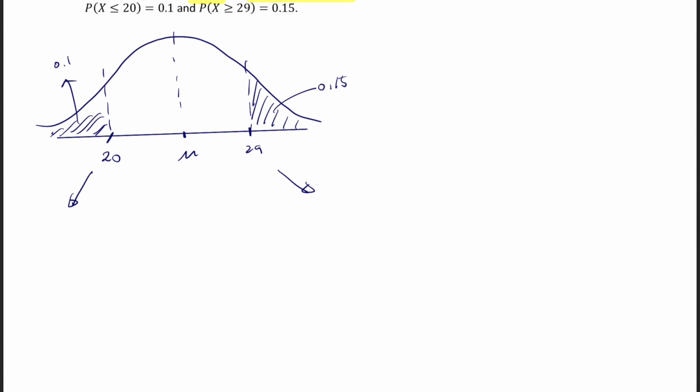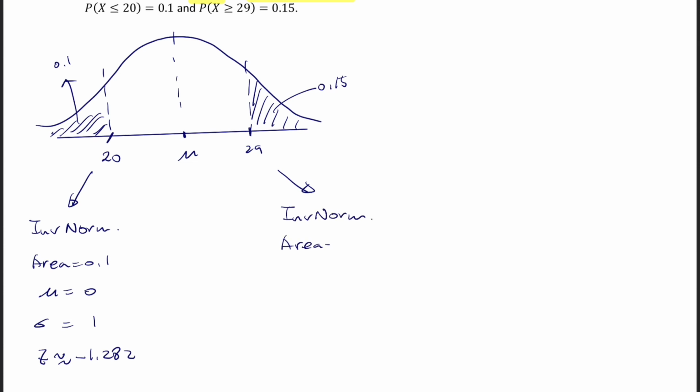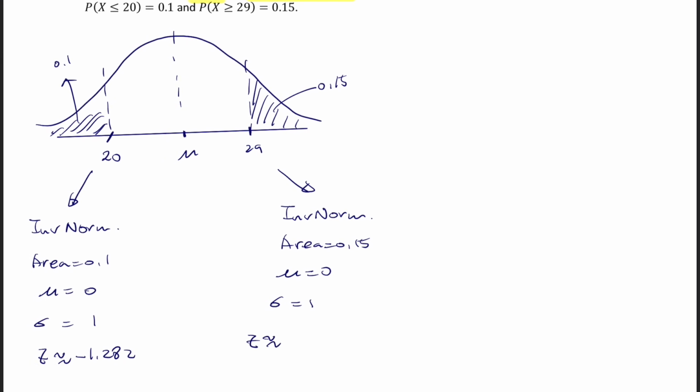Okay, so for the first one, using the inverse norm with the area equal to 0.1, mean value equal to 0, standard deviation equal to 1, we can say that it is approximately negative 1.282. Then for the right-hand side, again using the inverse norm, we know that area is equal to 0.15, mean is equal to 0, standard deviation is 1. Then using GDC, we know that the z value is approximately